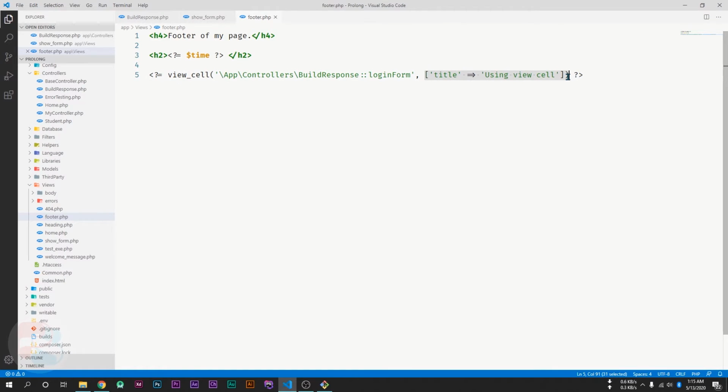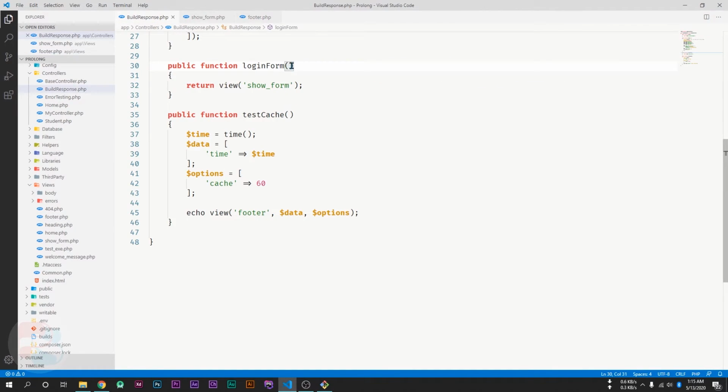So we can retrieve this array inside our function. We can add a new parameter, for example data, and I'll set this value to an empty array. This is the default value of this parameter.